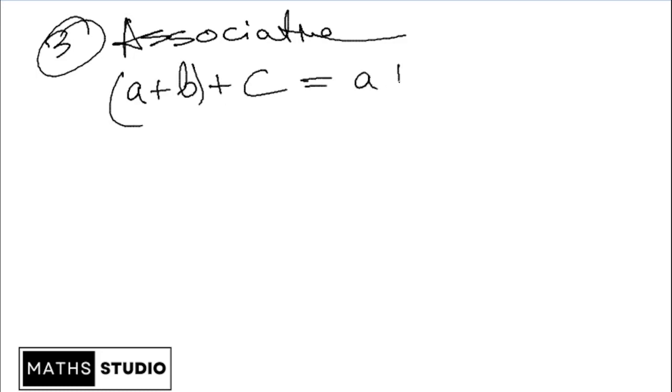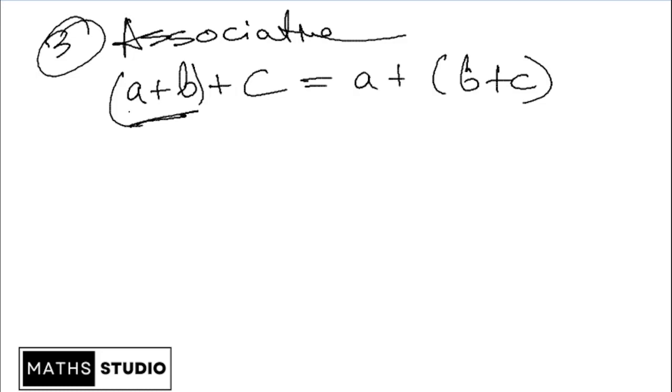Okay, now let us come to the associative property. That is the third property, the associative property. Associative property is: A plus B plus C would be the same as A plus B plus C, as in,